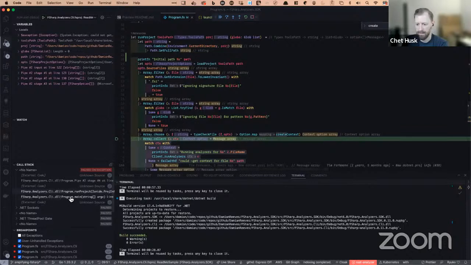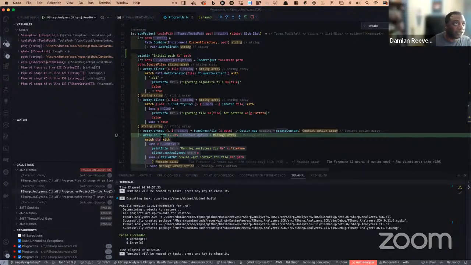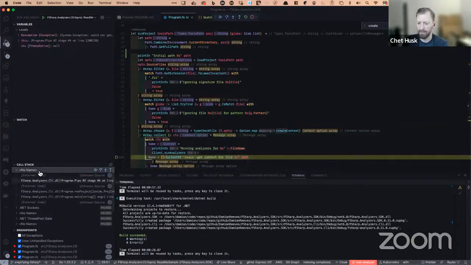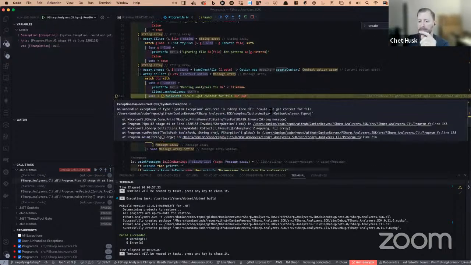What is interesting, I think our error message here is wrong. If you look at "could not get context for file path", the error message we're failing with in the exception says that, but path in this case is actually the path to the FS proj. So we're not getting the real file that we're looking at in our